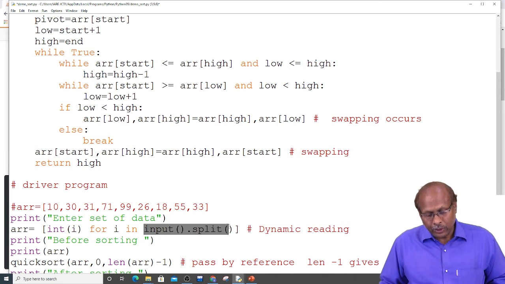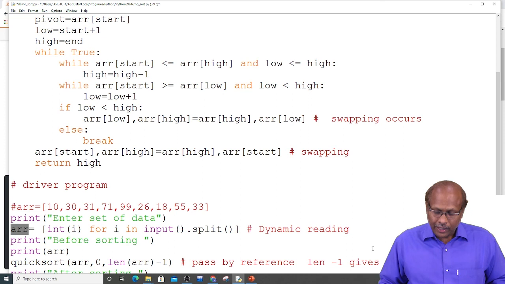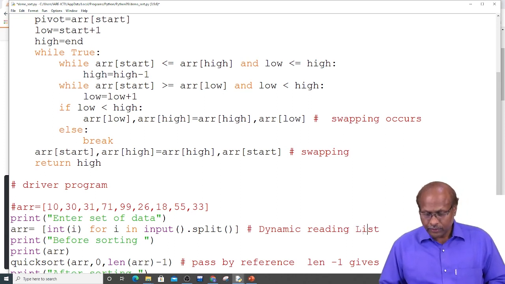That string you can divide into a set of items, that means apply the split method. After splitting, you will get a list, and from the list you take one by one, convert into integer and store in a list. Finally you will get the array. This array is nothing but your list.